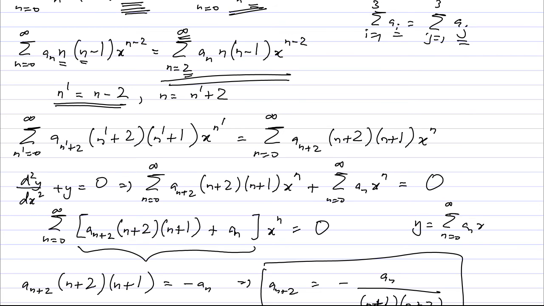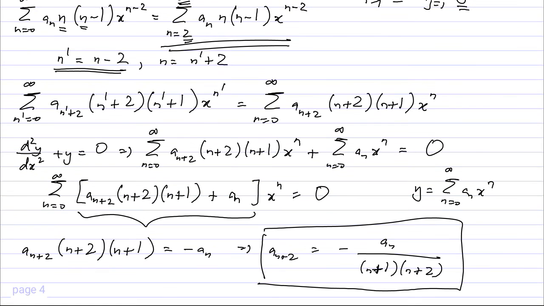If you have a0, which is the constant term in this polynomial expansion, then you can generate from this recursion relation, that's what it is called, a2, a4, a6, a8 and so on. But you cannot generate the odd terms. You cannot generate a1, a3, a5. For those you need to specify the value of a1. If you have specified the value of a1, then of course you can get the value of a3, a5, a7